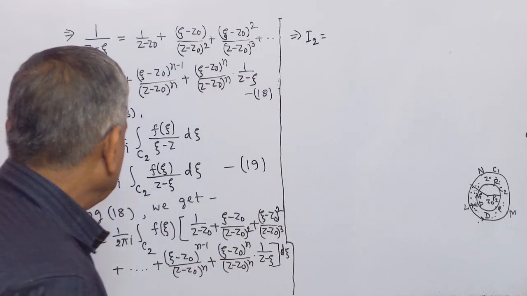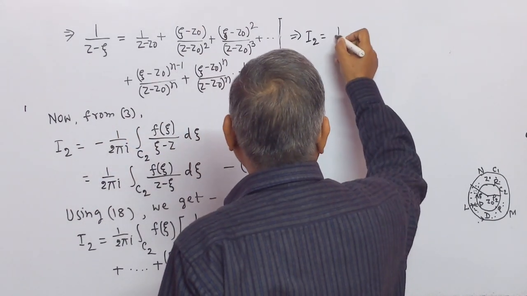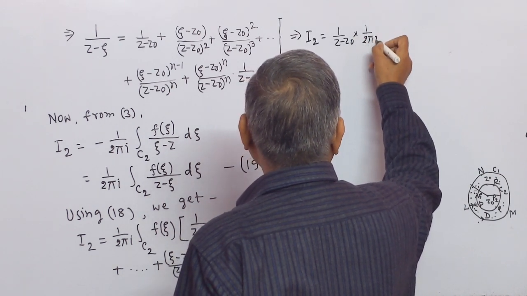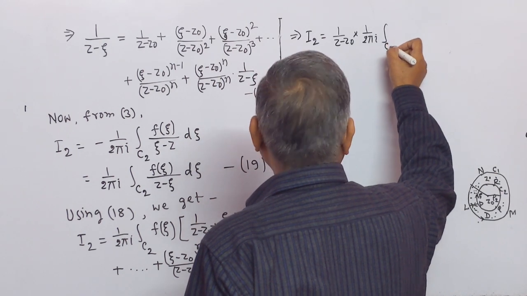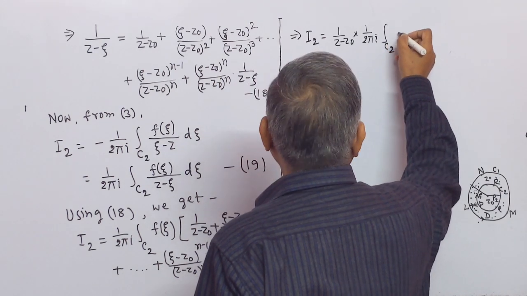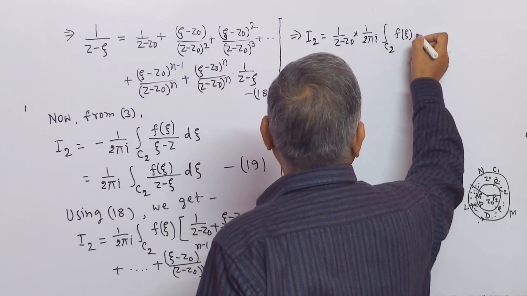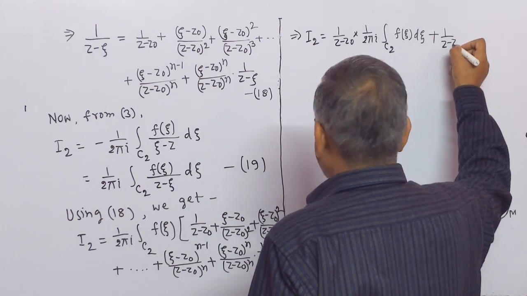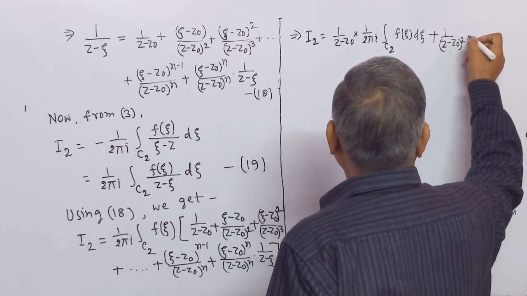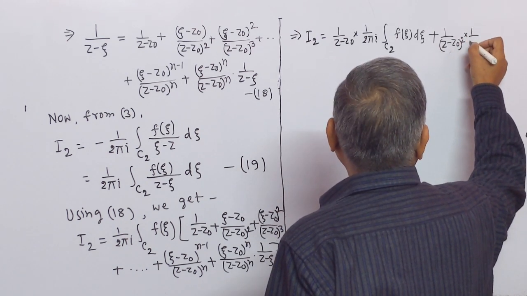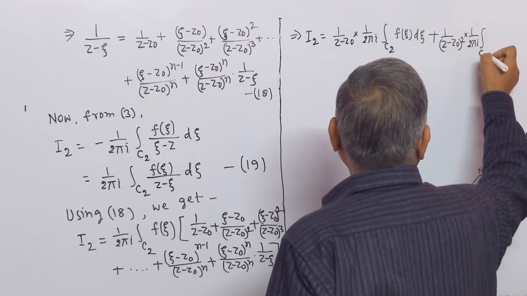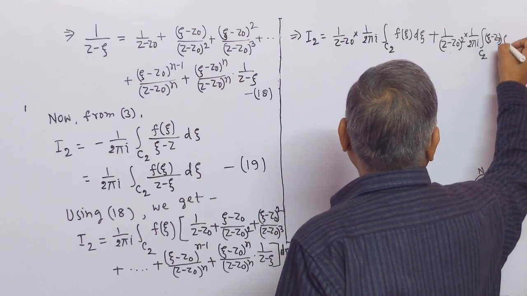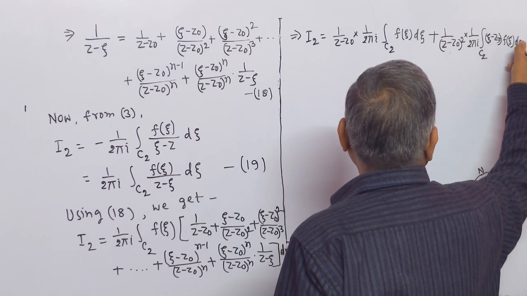So we may write this as 1 by z minus z naught multiply 1 by 2 pi I integration along circle C2 function of xi d xi plus 1 by z minus z naught whole square multiply 1 by 2 pi I integration along the circle C2 xi minus z naught function of xi d xi